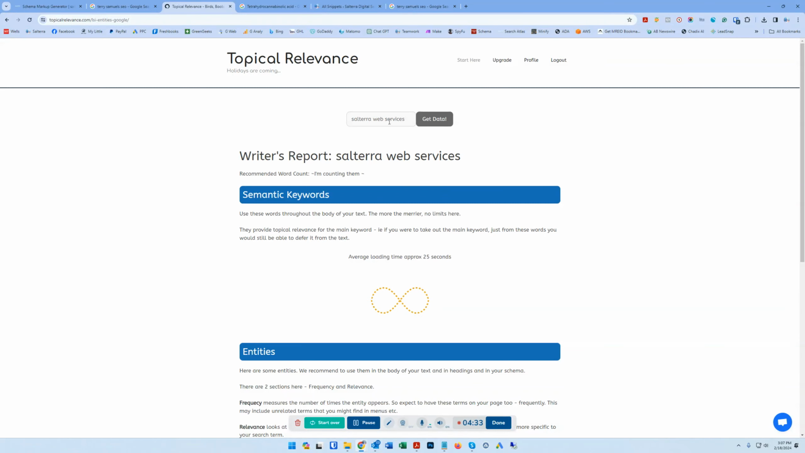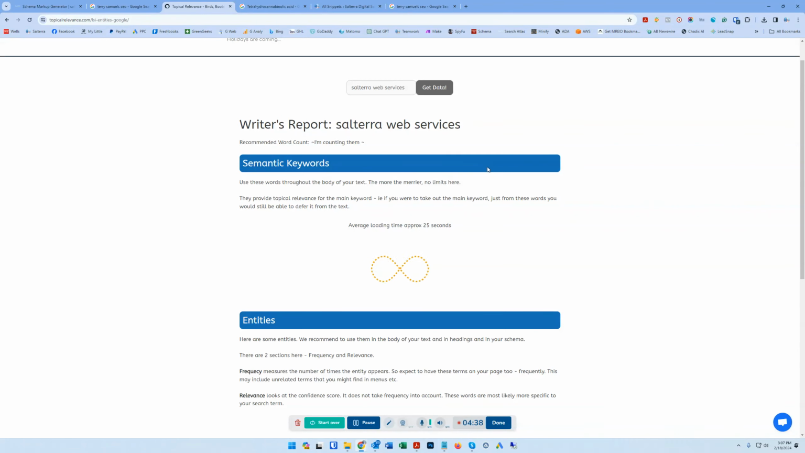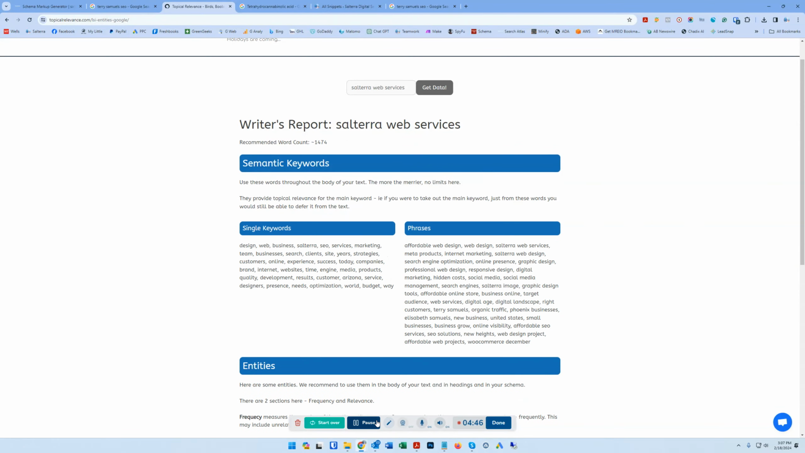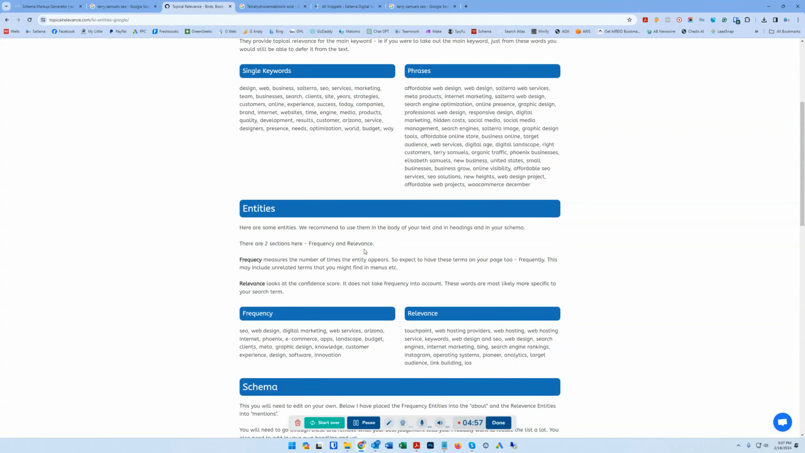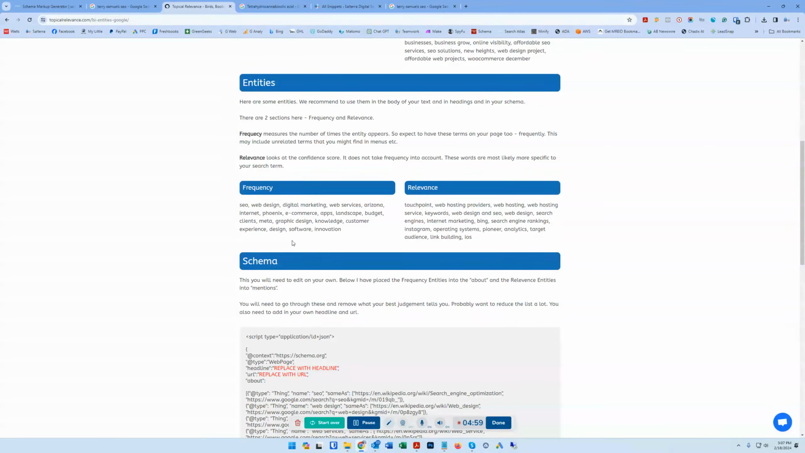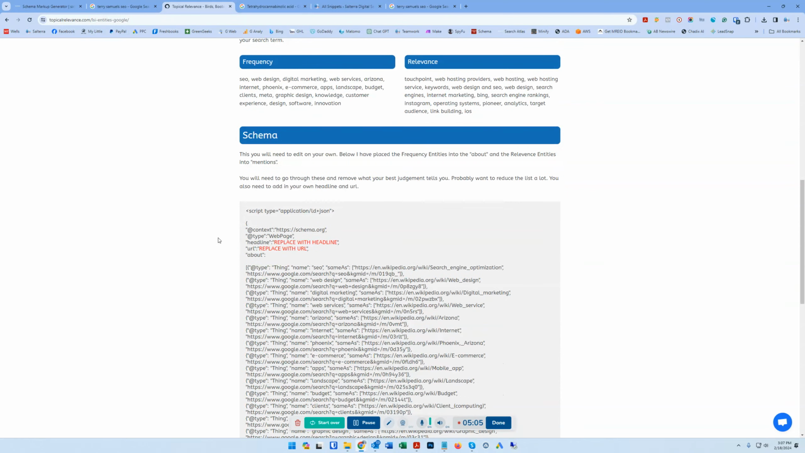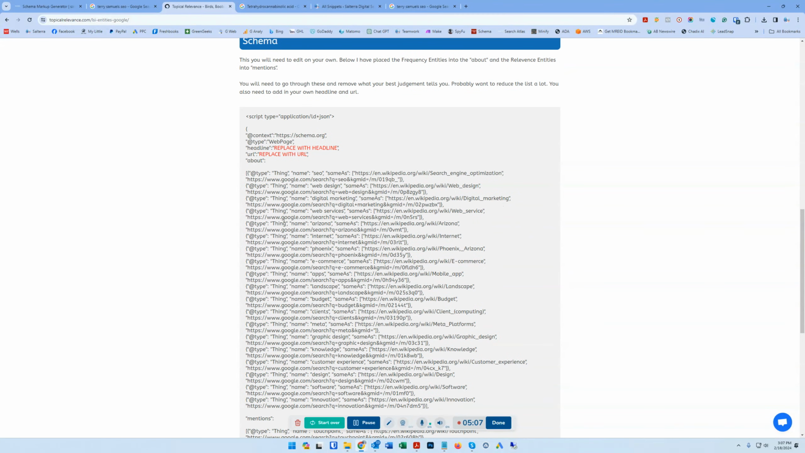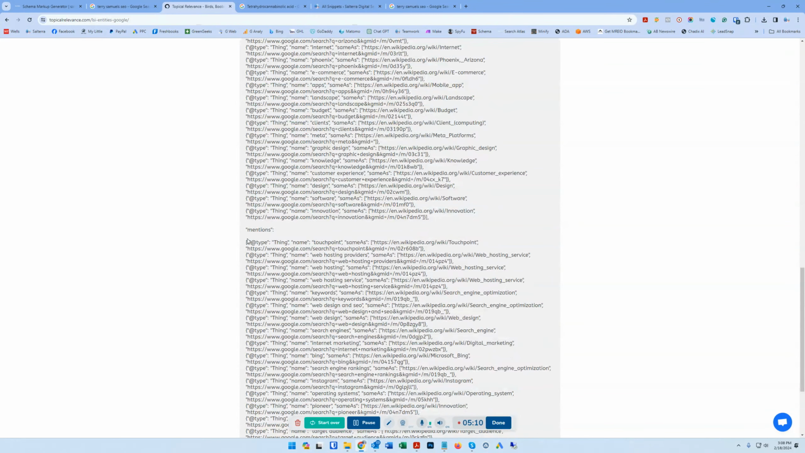So once you go in and you do the brand, it takes a little bit to come up with the different things, but it gives us all kinds of cool stuff. See, it's working here. Okay, so it came up with single keywords, entities, the semantic keywords, single phrases that Google already knows about us, entities, the frequency and relevance. So frequency of entities, and then the relevance of entities. And then here it comes up even with a web page schema that has the abouts and the mentions